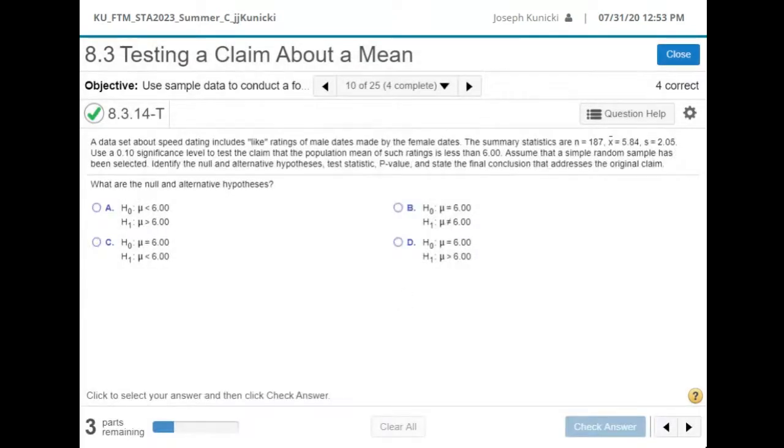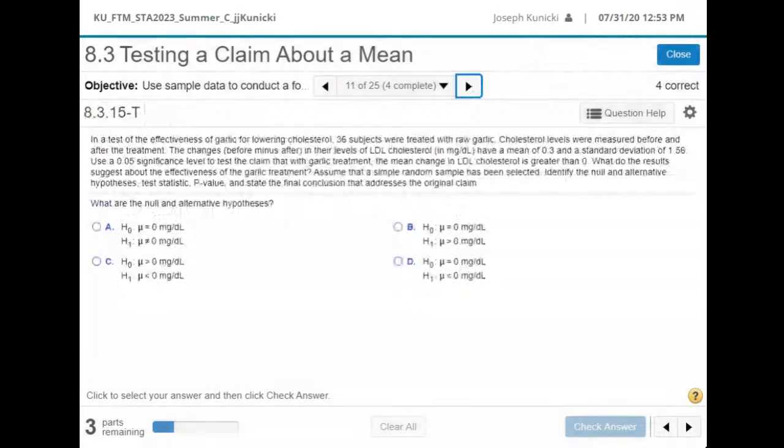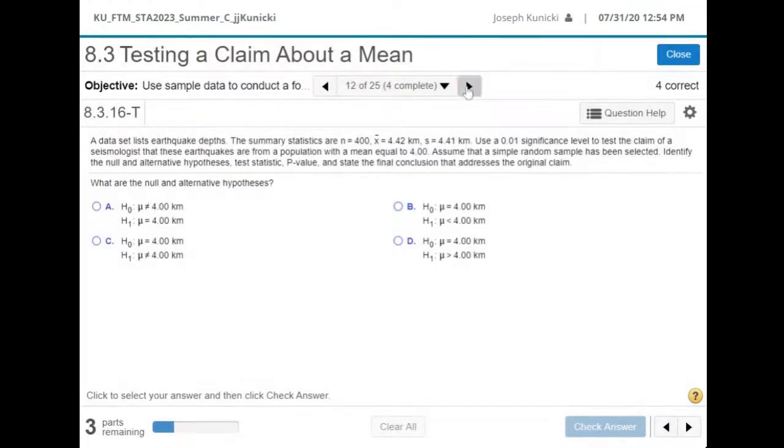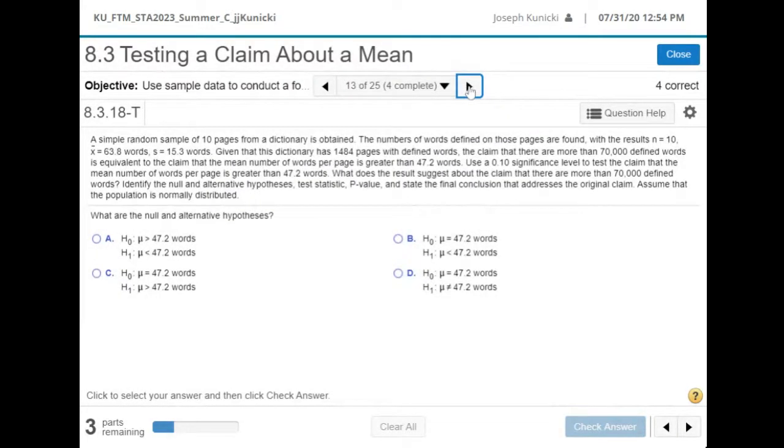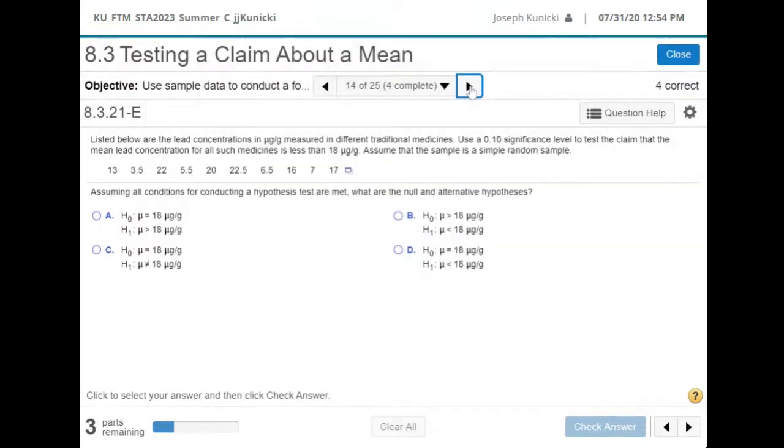I'm glad they gave me a second chance. Okay, let's find one with data, and we'll end it there. That last one was 13. I got to make a note there. All right, and then see if we can find one with data. There we go. So this is 21. 8, 3, 21. All right, so